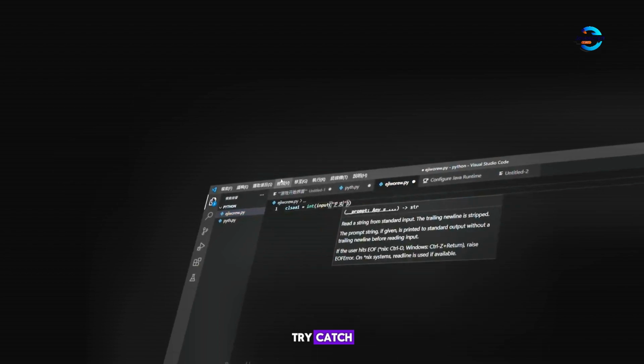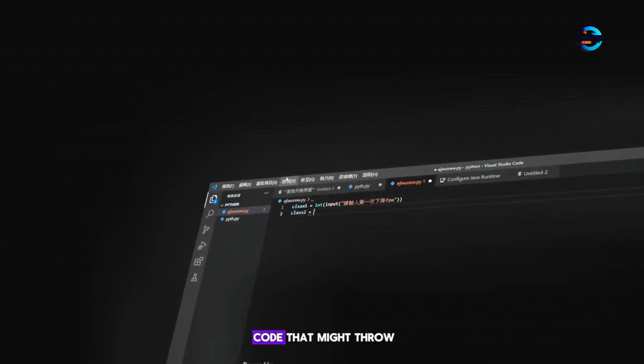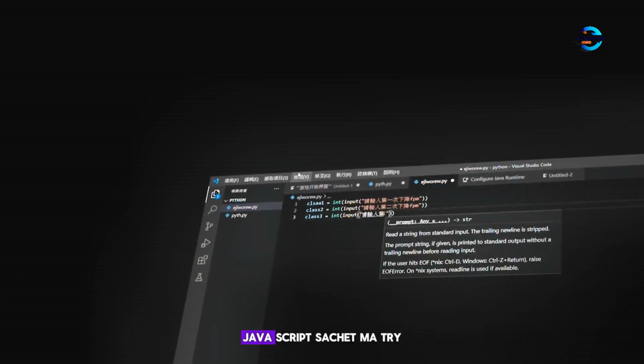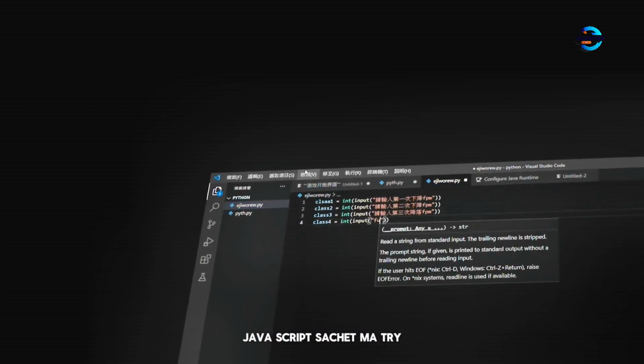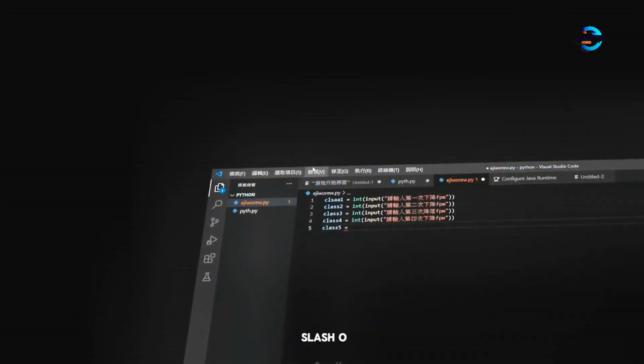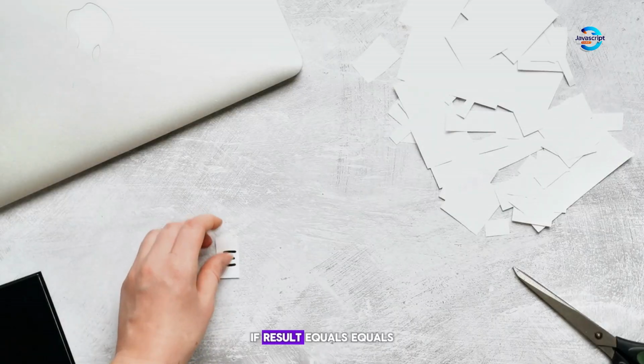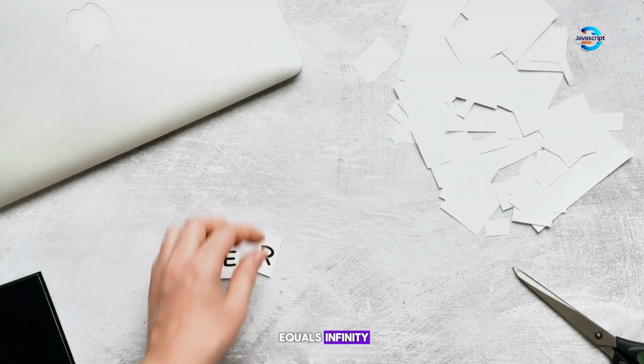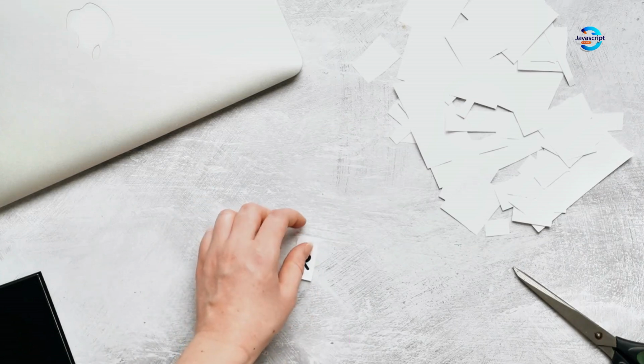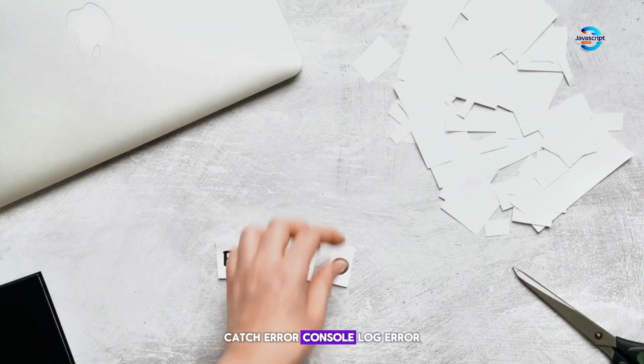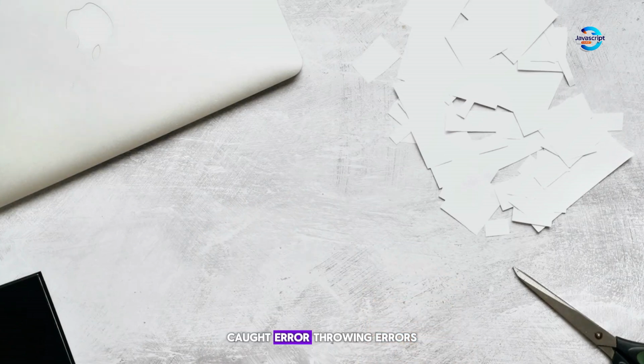Try, catch. This structure allows you to try code that might throw an error, and catch the error if one occurs. JavaScript: try { let result = 10/0; if (result === Infinity) { throw "You can't divide by 0"; } } catch (error) { console.log("Error caught: " + error); }